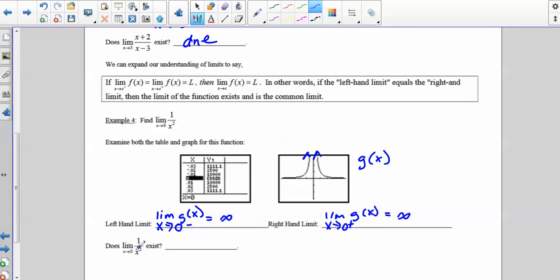So the question says, does the limit exist? Well, the limit is infinity. And remember that that's a special case of does not exist. But infinity is a better answer than does not exist. So I'm going to stop the video here and let you go on to the second video for the next part of